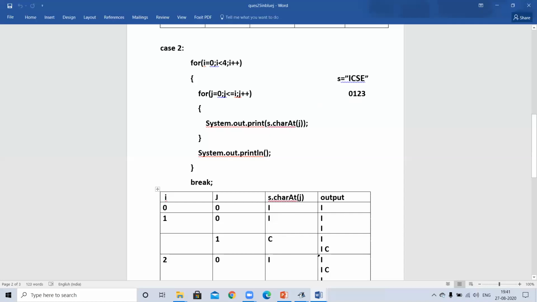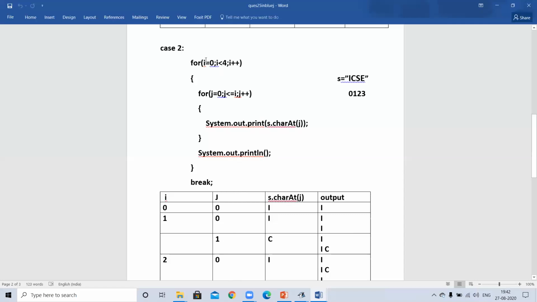C. Here it is print, not println. So just after I, in the same line, it will also print charAt 1, it means C. Now J will again increase, J will be 2, but the condition will be false at that time. So it will move out of the inner loop, then move to the next line according to system.out.println.